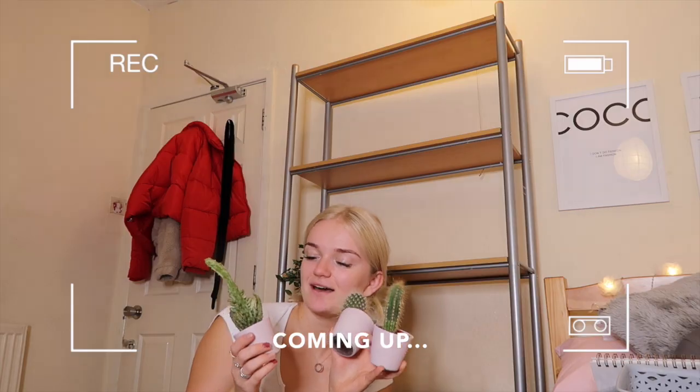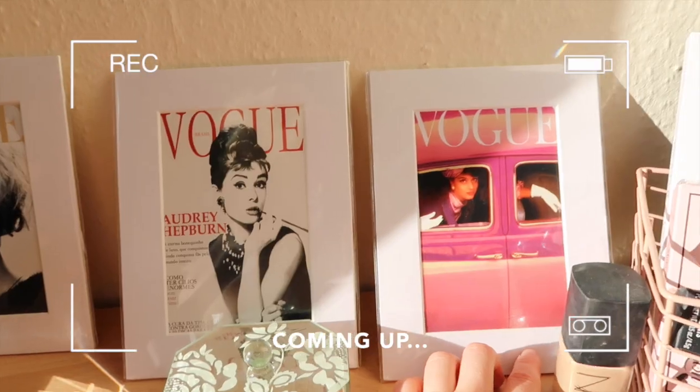3 cactuses from IKEA. They just add so much. These 3 Vogue prints, hated this when I moved in, but now